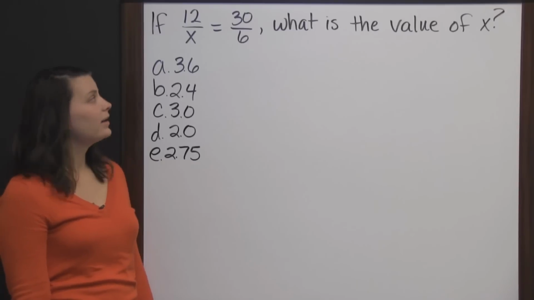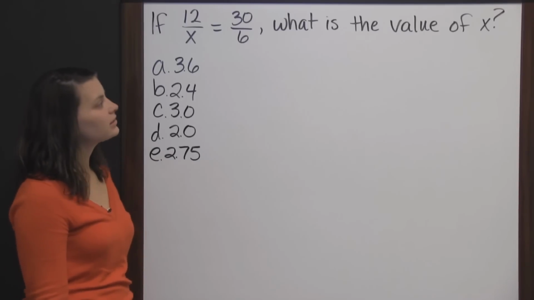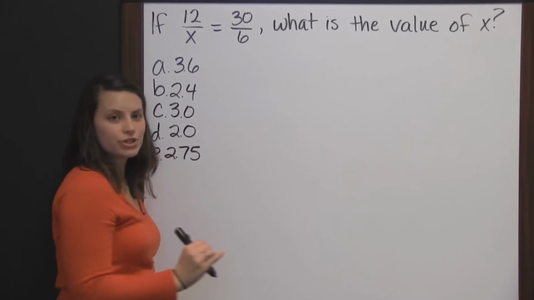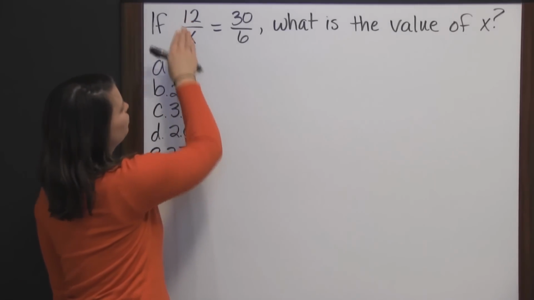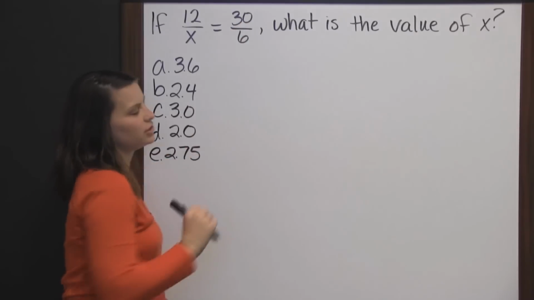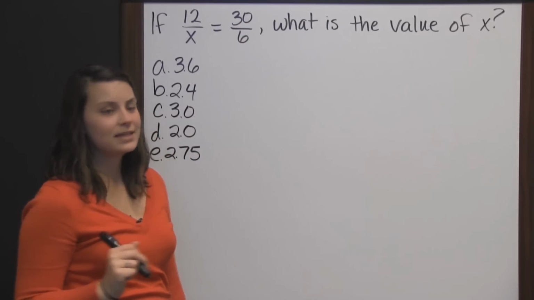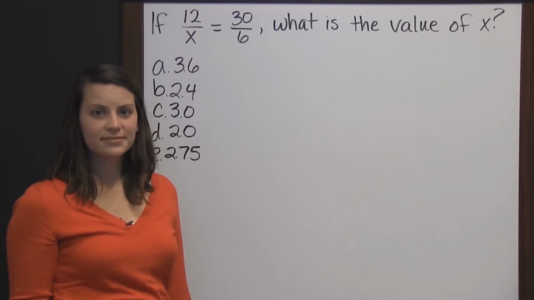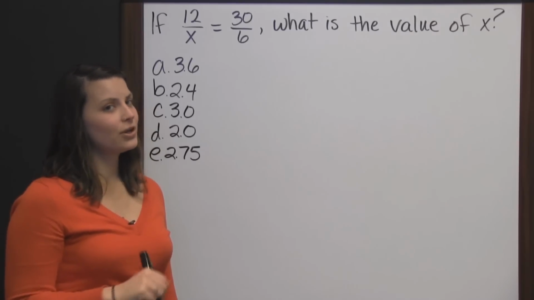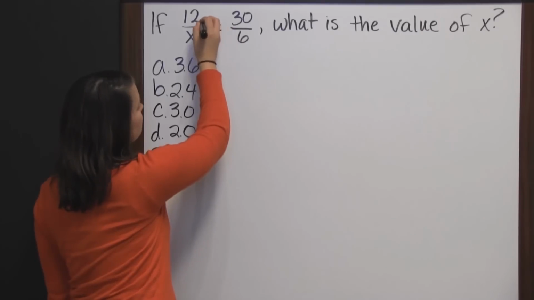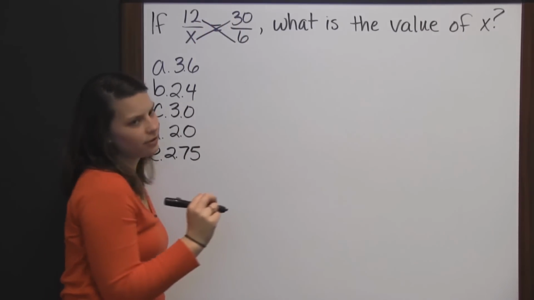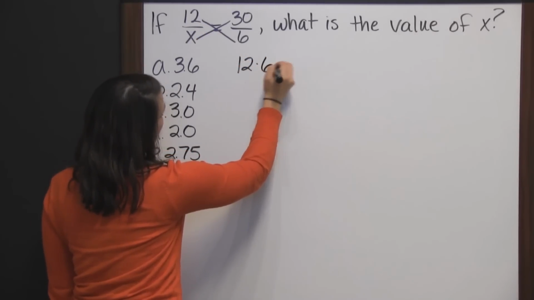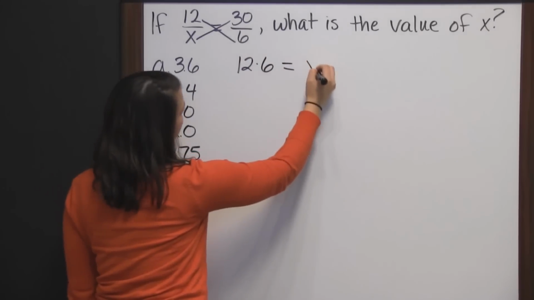If 12 divided by x is equal to 30 divided by 6, what is the value of x? This is a proportion. A proportion is a ratio set equal to a ratio. And a ratio is simply the comparison of 2 numbers, or a fraction. And proportions are pretty cool because their cross products are equal to each other. That means that 12 times 6 is equal to x times 30,